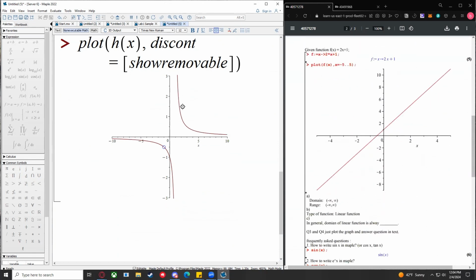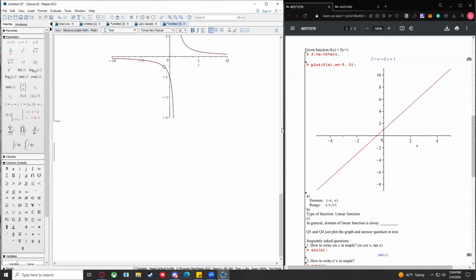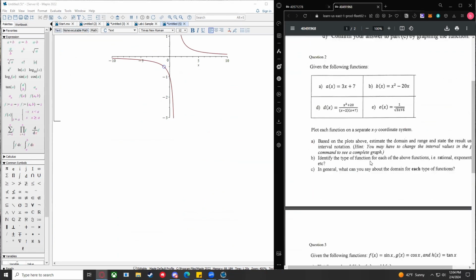Awesome. All right, so for number two, I'm going to go ahead and go to the question itself so you guys can see what it is. Question 2 says, given these functions, we have a, b, this should be a c probably, but a, b, c, d, a, b, d, e. We just want to solve these three things. So we want to plot each of these on a separate XY coordinate system, and then we want to answer these three